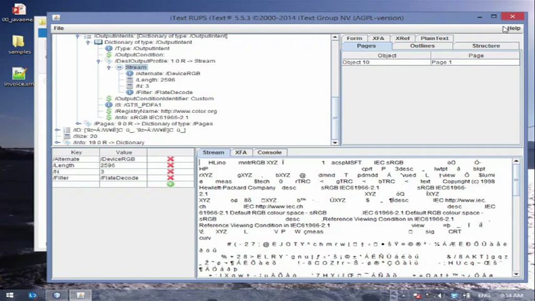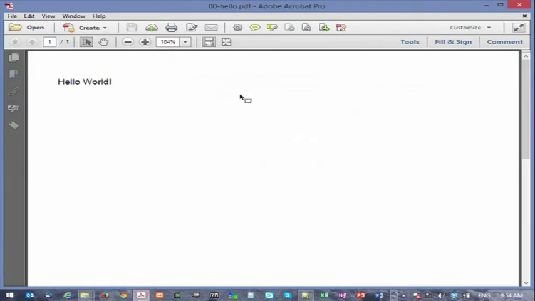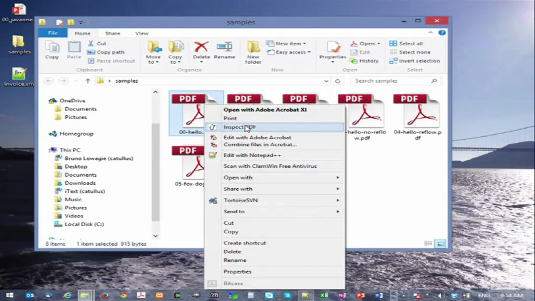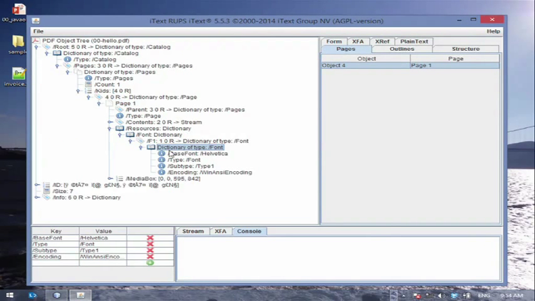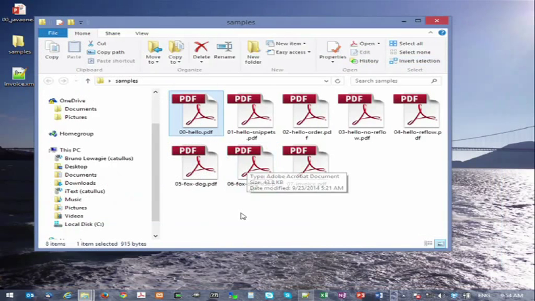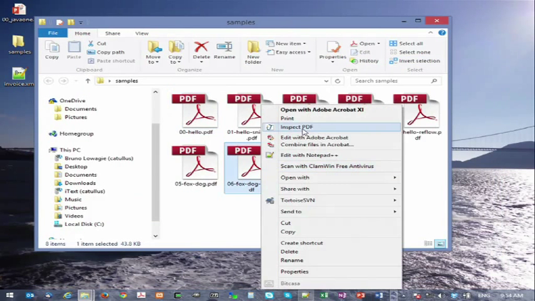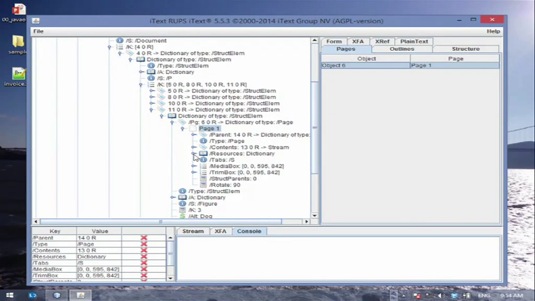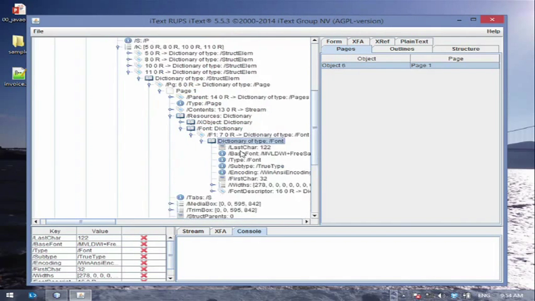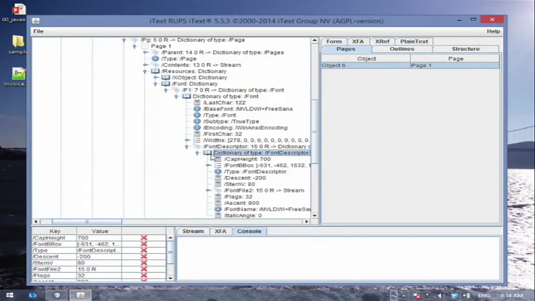Maybe one more difference. Embedded fonts. So if I look here inside this document, I have page resources. And my font dictionary is just Helvetica font type 1 with ANSI encoding. There's no description of what the font looks like. And this is with an embedded font. So if I inspect this PDF, I have this page, I have the resources, I have a font resource, and now I have a font descriptor.